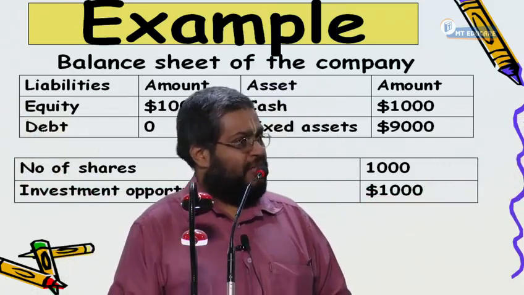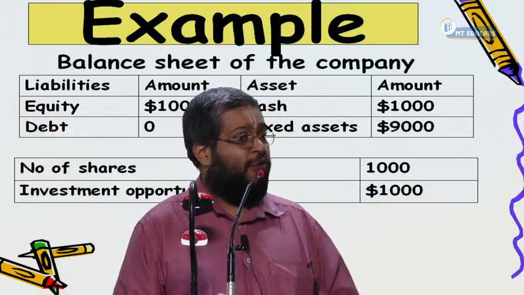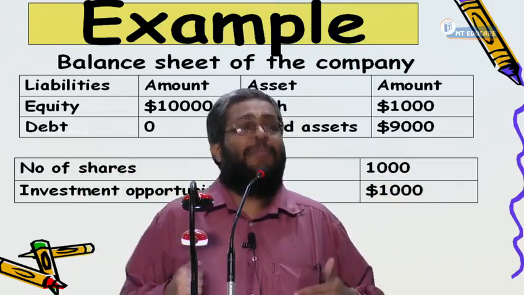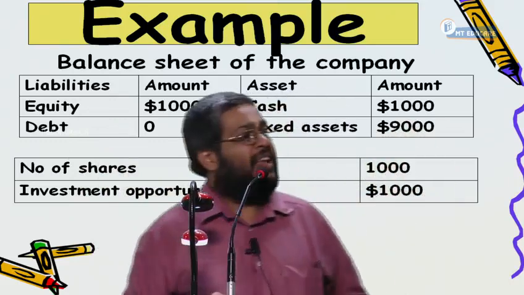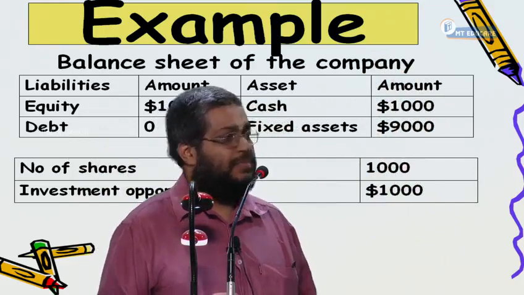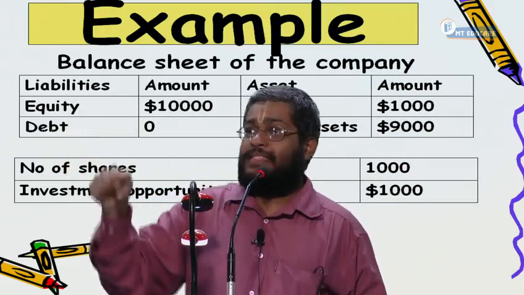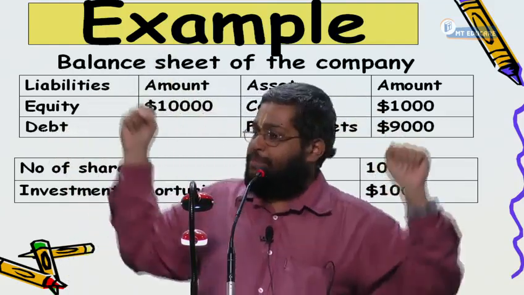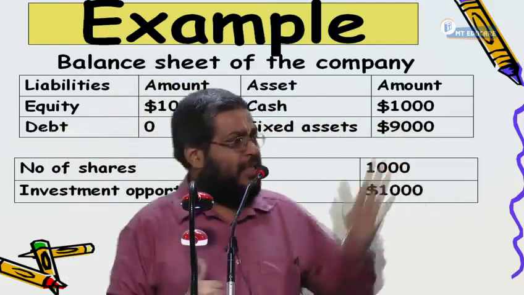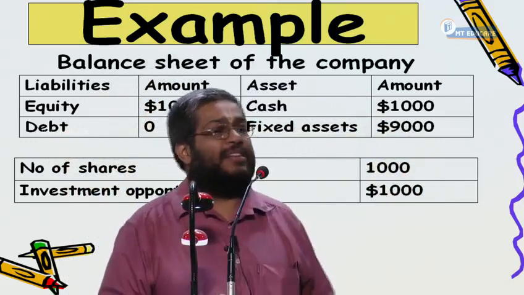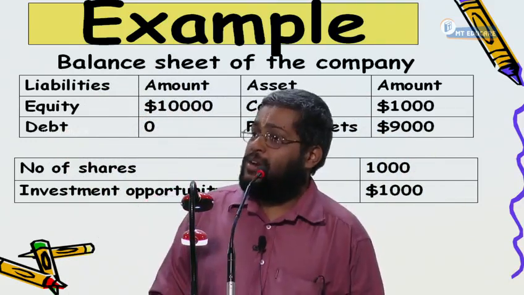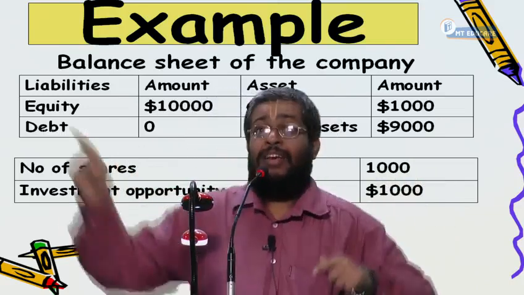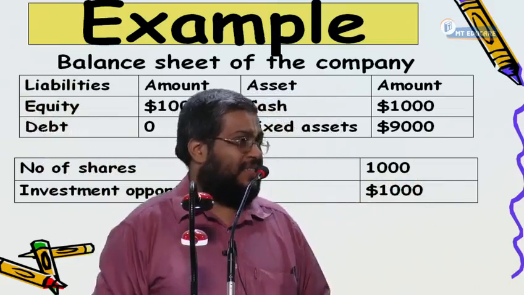The company has a wealth of $10,000. That is, when I buy this company, I expect to get a benefit over a number of years whose present value is $10,000. Yes or no? I am not buying this company for the past benefit. Suppose I am going for an outright purchase of all the shares of the company. Why do I pay $10,000? Not for the profit already given, but for the benefit to be received, that is reflected by the value of the assets. Are you following what I am saying?